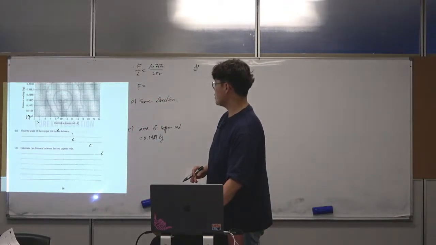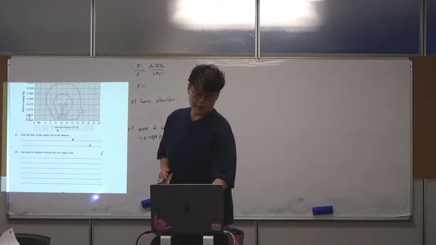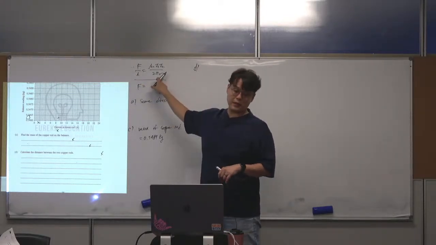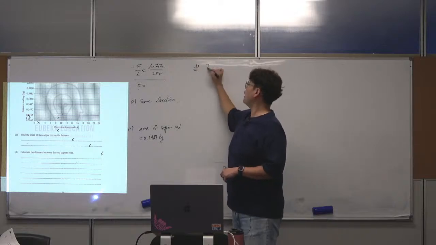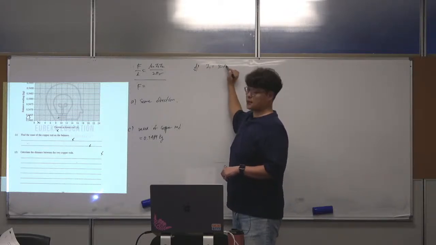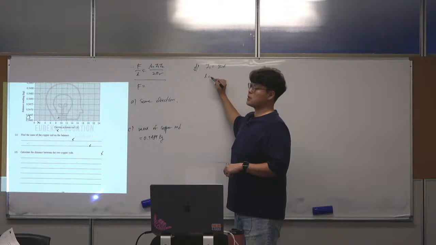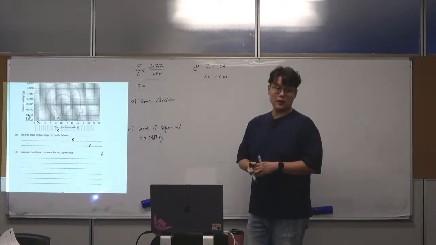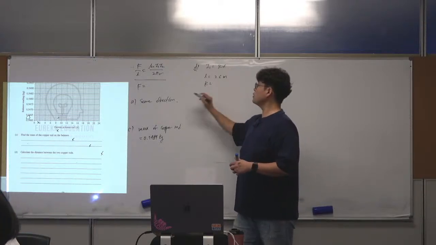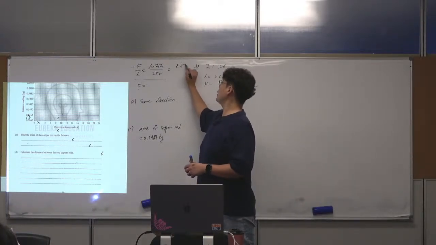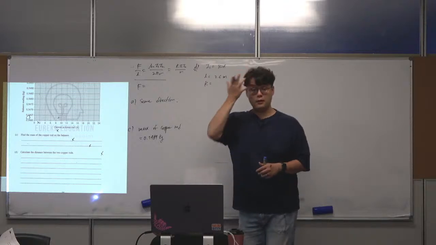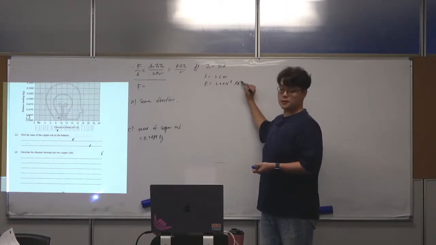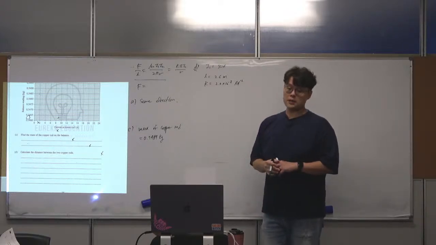All right, D. Calculate the distance between the 2 copper rods then. Okay, how are we going to find that? Using that formula over here to find the R. We need to find what the R is. So what are we given? I1 is given as 50 amps. The length of the wire is given as 2.6 meter. And you can use the K value, because that equals K I1 I2 over R like this. K is 2 times 10 to the power minus 7 newtons per amp squared. Okay, that means I2